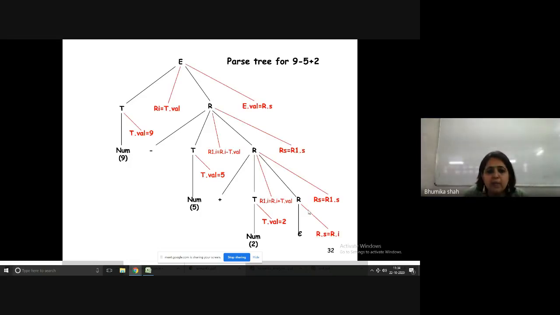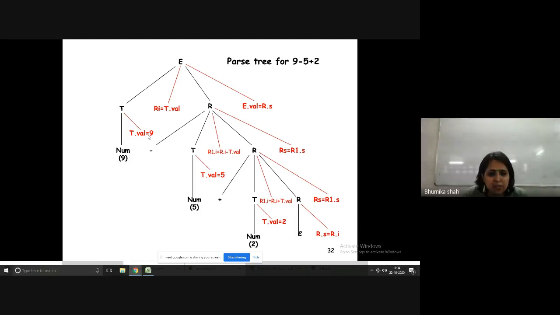Okay, fine. Now how values are evaluated, so you will understand it properly. So the number T dot value will be 9. Okay. Now how operations are going to be applied over here. We can observe that first of all, 9 minus 5 is going to happen. So how will 9 minus 5 take place?